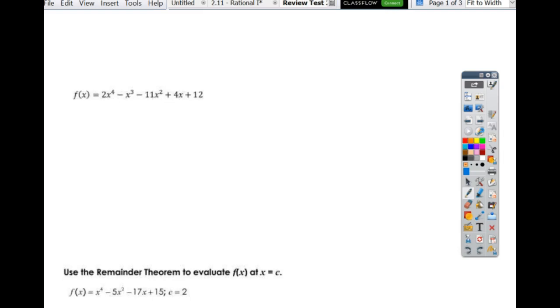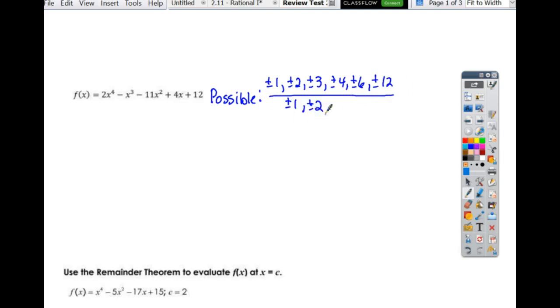So when I go to the next one and I list my possibles, I have plus or minus 1, plus or minus 2, plus or minus 3, 4, 6, and 12. And on bottom I have plus or minus 1 and plus or minus 2. So my possibles, if I divide through, I'm going to have plus or minus all of these, and then I'm going to divide through again by 2. So I get